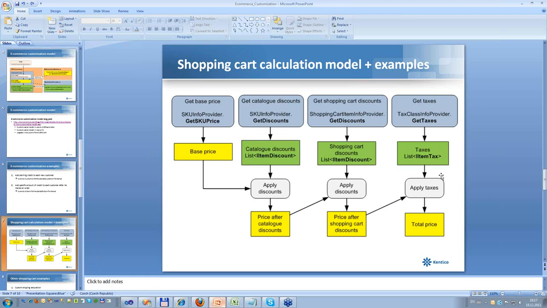Usually, if you would like to customize the taxes, meaning that you would like to calculate taxes for the whole shopping cart, you shouldn't customize this method directly, but the method which returns the taxes for the whole shopping cart, not for the separate item,